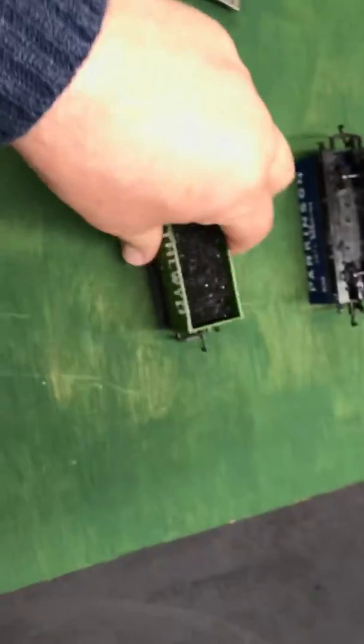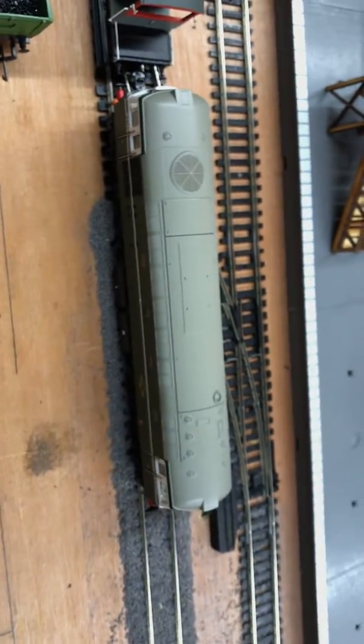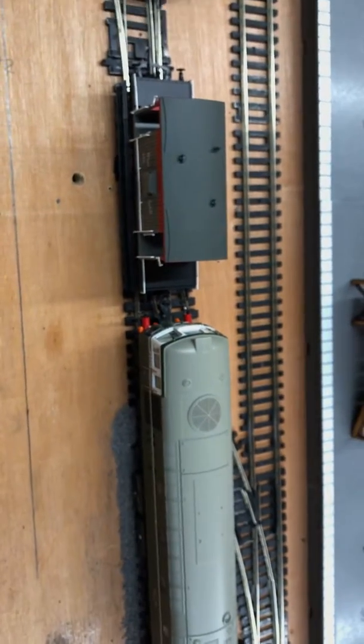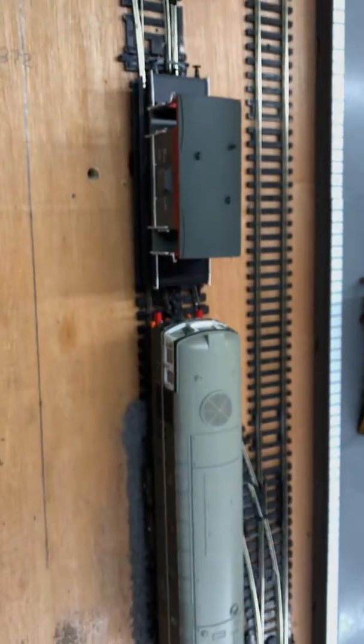So what I've got lined up is, grab this, a Heljan Class 26. I don't know how to edit videos, so I've got to do them all in one take, which can sometimes be fun. Anyway, there's very little resistance. So hooked up, and then underneath you can see the Peco track rubber, and you can see it's not interfering. Let me try and focus in a bit better. Not interfering with the wheels. So there we go, that's all lined up. We'll set it off going,